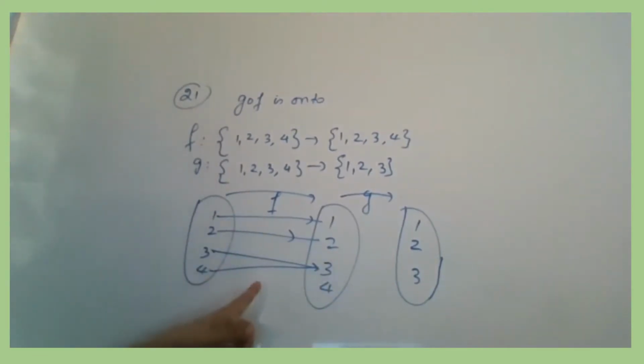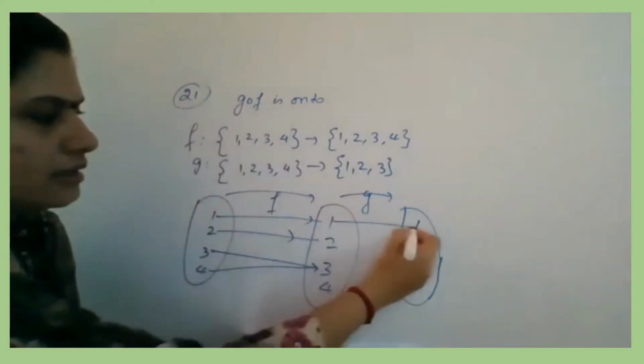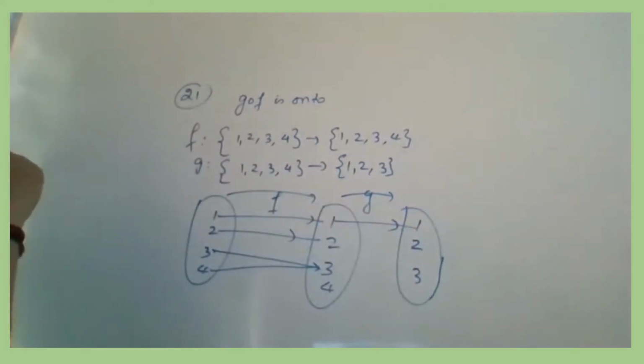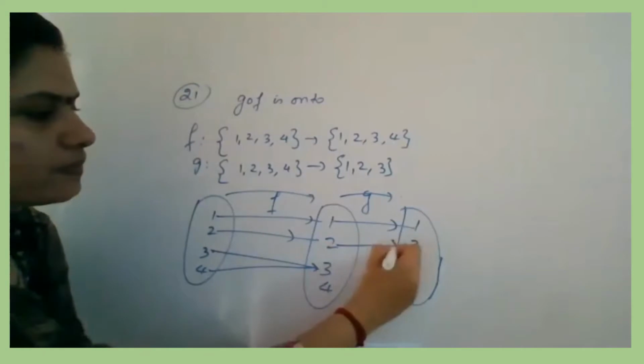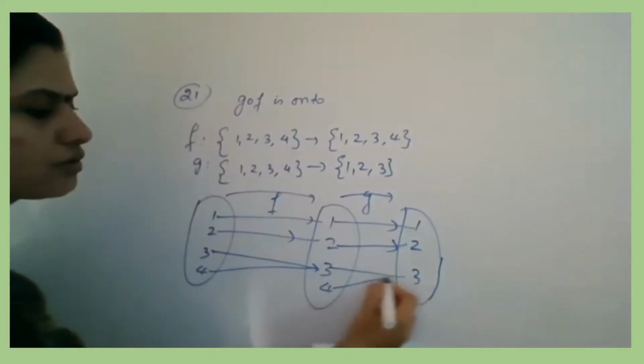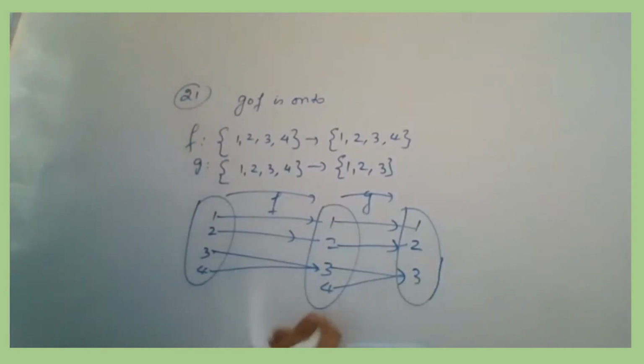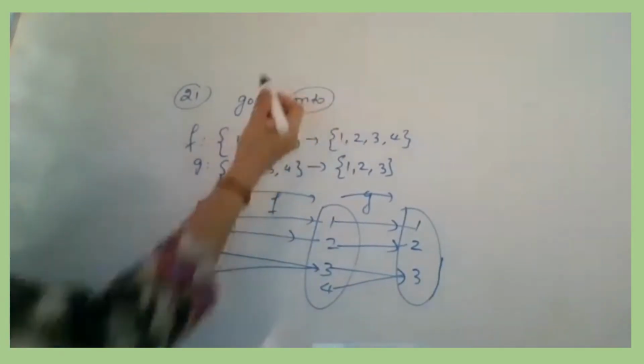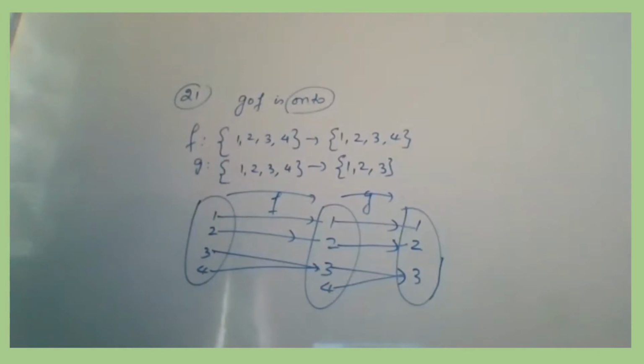Here you can see that F is not 1-1. Now for the other function G, they are taking G of 1 is 1, G of 2 is 2, and G of 3 and 4 both are going to 4. So again G is not 1-1. But we have to check whether G composition F is onto or not.